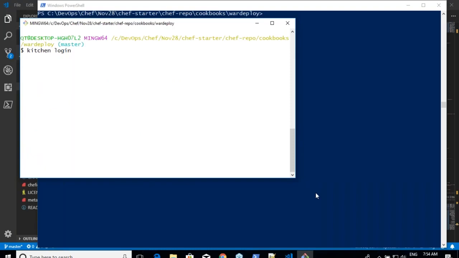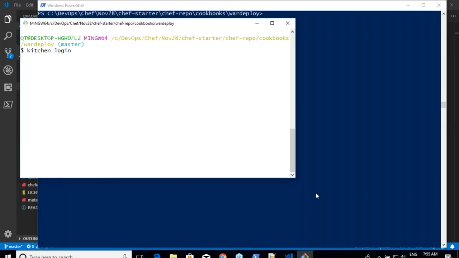So that's why I want you to use this. Once you know that your cookbook is working, then we can upload only the right version to the Chef server. And if you want to test your cookbook on different platforms, you can absolutely do that. The only thing you have to do is add one more platform and say that I have written my cookbook and it should work on Red Hat as well. That's it. Okay.